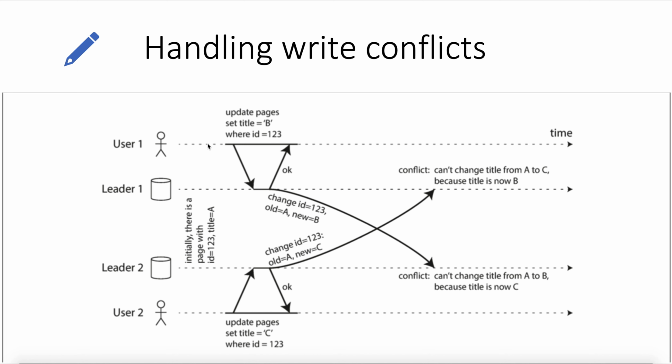So this leader accepts the changes by user 1 successfully, and it updates the title to B. Simultaneously, user 2, present in another data center, updates the title to C, and since this leader 2 is a local leader, it updates the title to C. But when these changes are reflected to the other data centers asynchronously at a later stage, the conflicts occur because the titles are B or C, or they can be updated to any one of them.